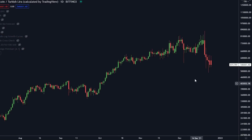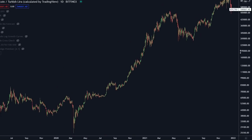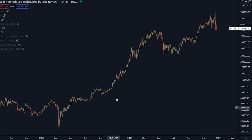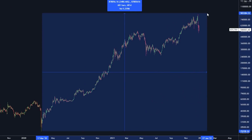Now, I want to talk about this chart. So this is Bitcoin compared to the Turkish lira. Now, the Turkish lira, which is the national currency of Turkey, is experiencing hyperinflation. This is going nuts right now. And what you can see is that, compared to Bitcoin, Bitcoin has been gaining so much value compared to the Turkish lira. You can see that from the COVID crash down here, the Turkish lira has actually lost, or Bitcoin has gone up by